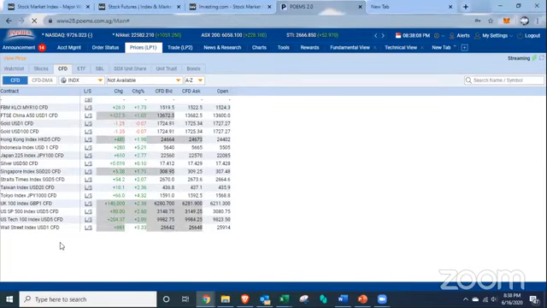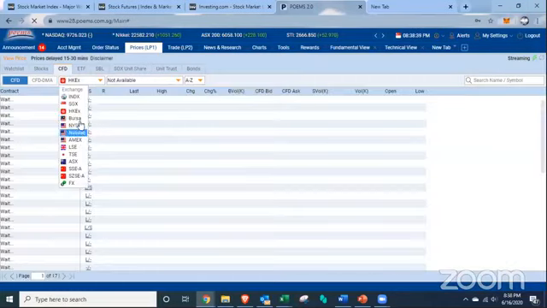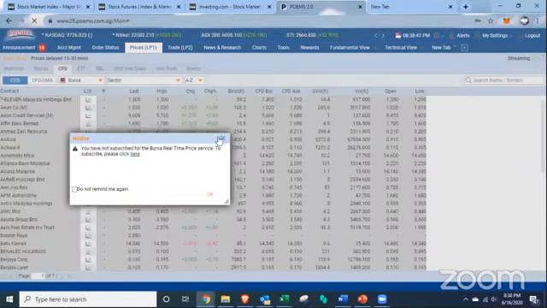In indices, I just want to talk about the Wall Street index, which is similar to the Dow Jones. Then the S&P 500, all these are available. Then for Singapore, we have the Straits Times index. The Hang Seng index is our Hong Kong index. Another popular one for trading opportunities in the China market is the China A50. You can see CFD is available for all the different markets, like Hong Kong, Malaysia Bursa,